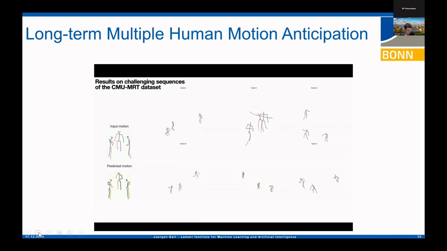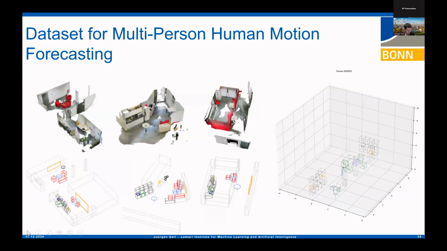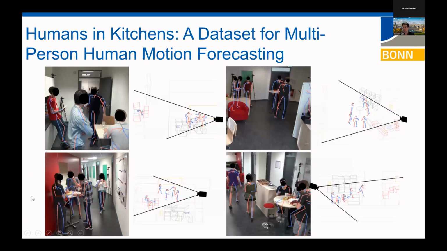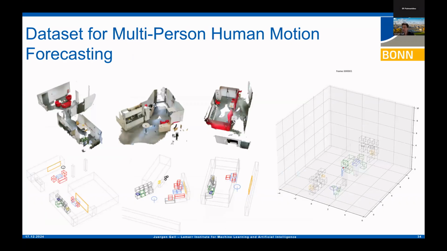This was the motivation for us to also collect a dataset where we have realistic interaction between the persons in a realistic environment, also having close interactions but also moving persons. This dataset is called Humans in Kitchen because it has been recorded in kitchen environments, but in a little bit larger areas. And you see three camera views in these frames. It has been recorded by a multi-camera setup, so you see the scenes from different views, and each of the 3D poses has been annotated. And one additional piece of information we have is also the 3D environment.